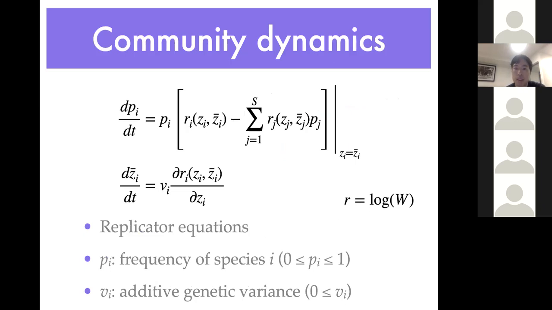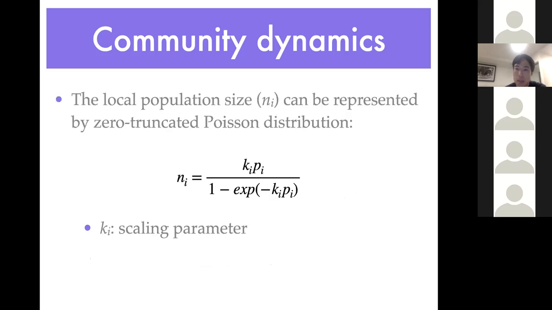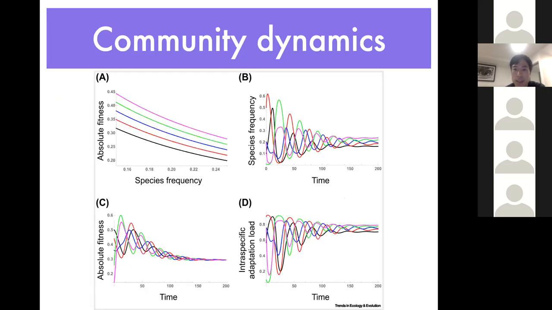And we put this evolutionary dynamics into community dynamics. So here we consider the frequency of species i as P. And we consider replicator equations where the relative growth rate of each species determines the dynamics of frequencies. And here, Z is evolving along a fitness gradient with the speed of V. And if we assume a certain relationship between the frequency in a community P and the local population size N, like this, then we can get